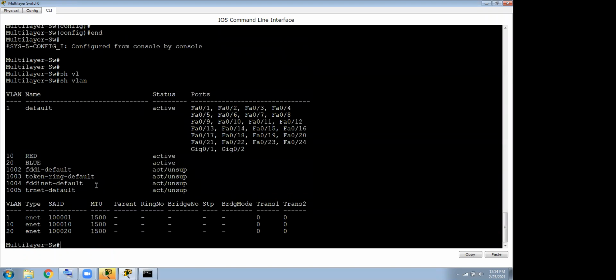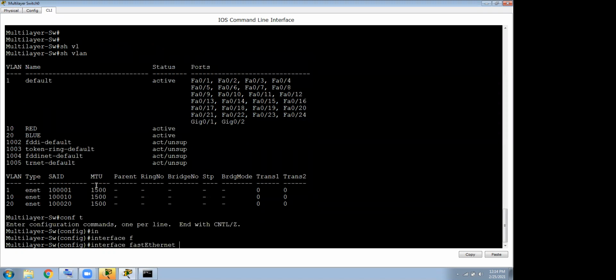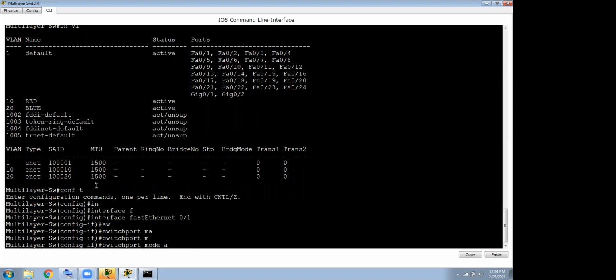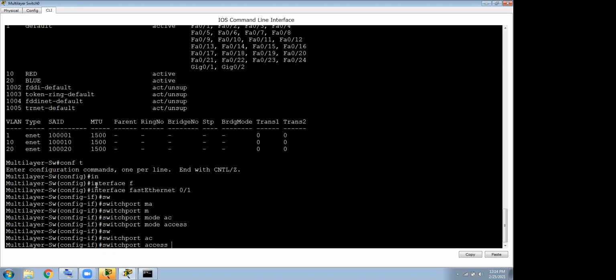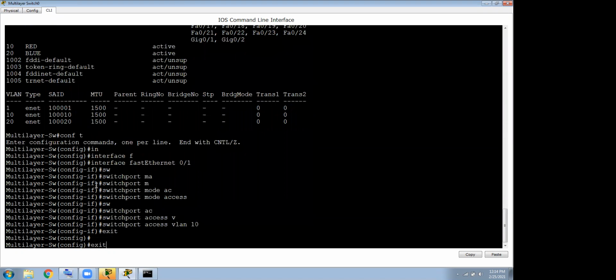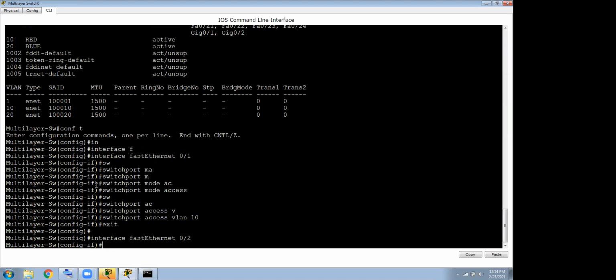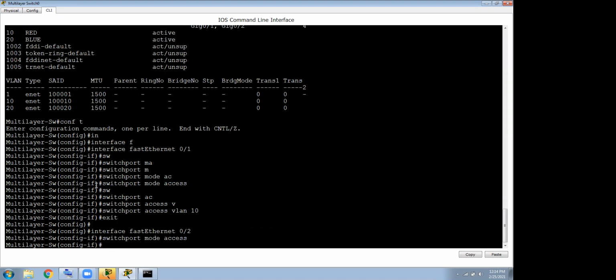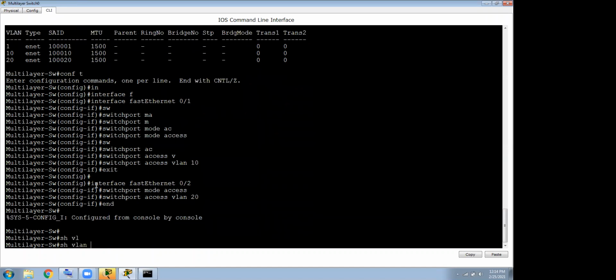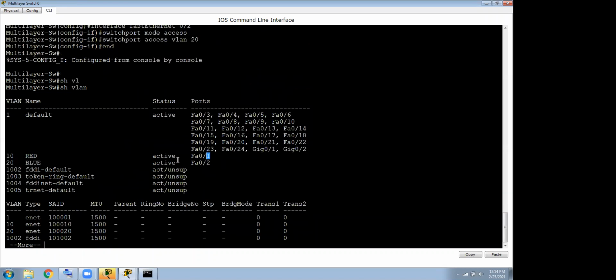Let me assign the interfaces to VLANs. Interface first Ethernet 0/1, switchport mode access, switchport access VLAN 10. Exit. Now I'm going to another interface, switchport mode access, switchport access VLAN 20. Done. Now if I go here, show VLAN, it has the same capability.